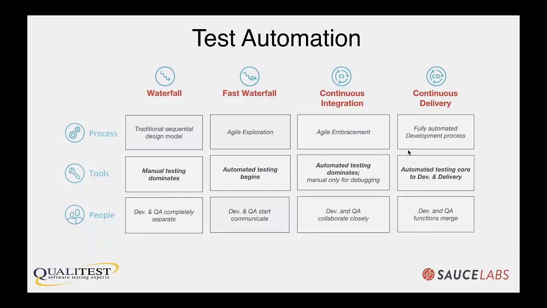Some companies, such as Facebook, deliver twice a day. Amazon delivers like every 11 seconds to production. So there are multiple levels of continuous delivery, but this is basically what everybody's trying to achieve. Instead of spending weeks or months or sometimes even years to release to production, we're trying to get to production on a more regular cadence, release much smaller features much faster, and obviously test automation is a key component of that.